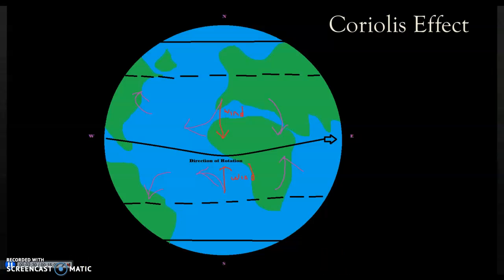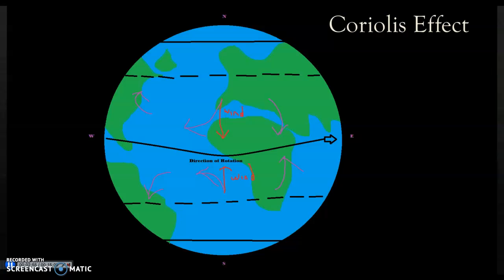So let's talk about the Coriolis effect. What is that? You know, we mentioned that the Earth is not flat. The Earth is round, and not only is it round, it's spinning. So it's constantly moving. Well, when we think about the fact that the Earth is a sphere, that has an effect on the wind. So this spinning sphere,